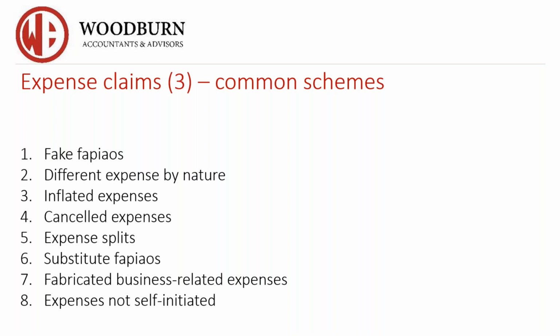So you've got to be aware that all of this will lead to the idea of missing FAPIAOs, and ultimately you should just have a rule within your organization that if an employee cannot provide a FAPIAO, they will not get an expense reimbursement. If there are duplicate or fake FAPIAOs, then you want your finance team to be able to check that, and you can check that because every FAPIAO will be recorded within your accounting system and also recorded within the government system, so your finance team can check that.